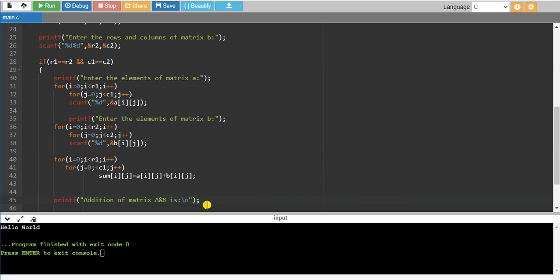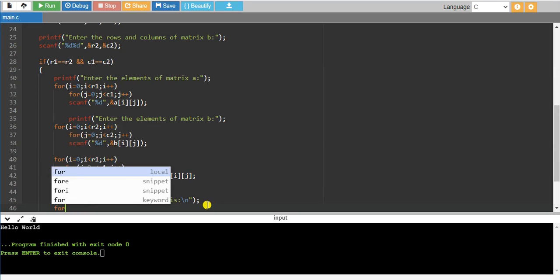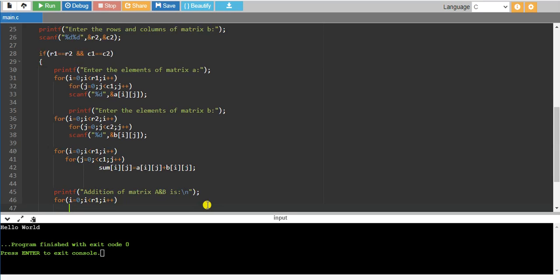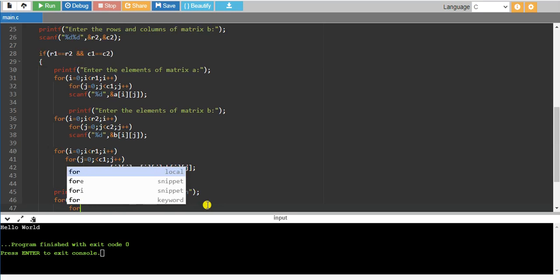After that, to print that we have to take a for loop again: for i equal to 0, i less than r1, then i plus plus, for rows, then one more for loop for columns.